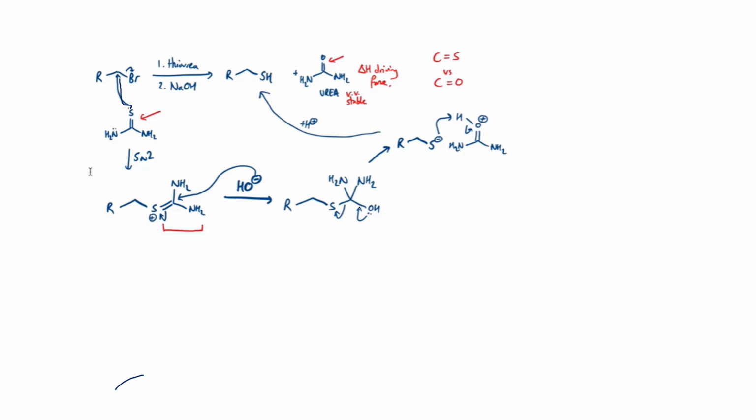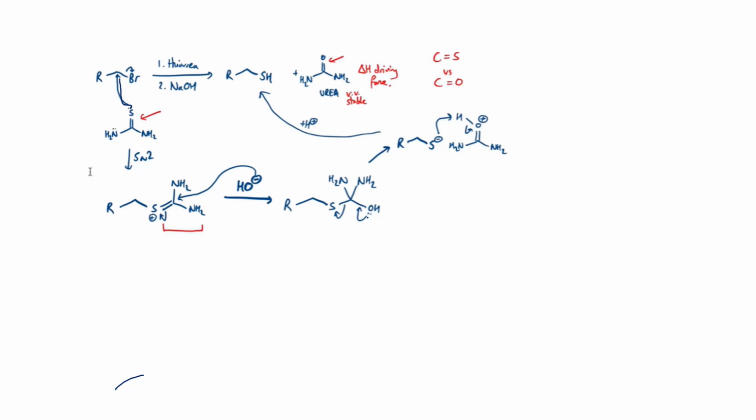Now there is a high probability of breaking this bond, because the carbon-oxygen double bond is more stable than the carbon-sulfur double bond, because of 2p-2p overlap, and in case of sulfur there is a 2p-3p overlap. 2p-2p means the 2p orbital of oxygen and the 2p orbital of carbon. The overlap between a 2p orbital of oxygen and a 2p orbital of carbon is always more favorable than that of